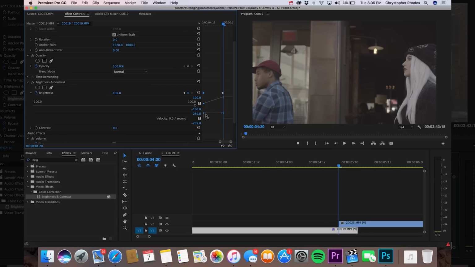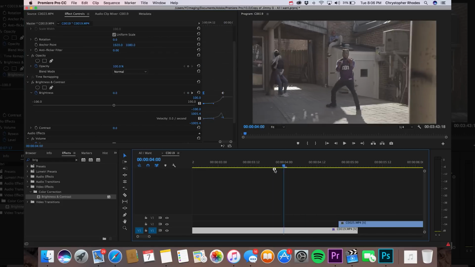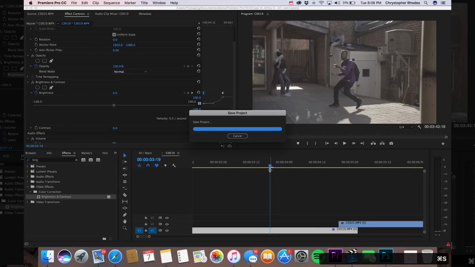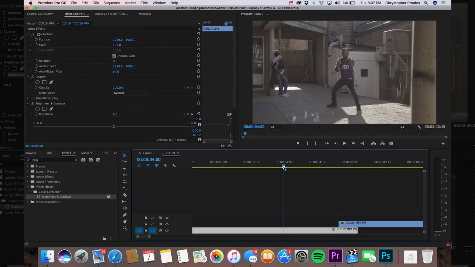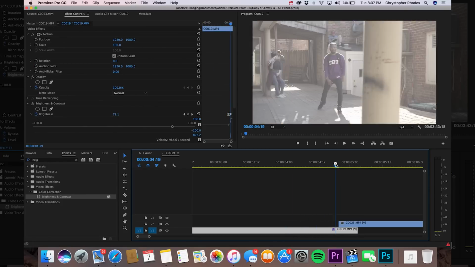And what this is gonna do is it's gonna enable your velocity. And if you go up to this point right here, you drag it over to the right, and pull it down. As you can see, it's building a hill for us. You can see it's just an incline. We're gonna drop that down so we see a nice hill and put it like that. So it's gonna start off slow, and then around the end it's gonna go fast. So let's just check that out in comparison to the first brightness keyframes that we added. Let's just see how this looks. As you can see, that looks tight, goes slow, and then it speeds up at the end.